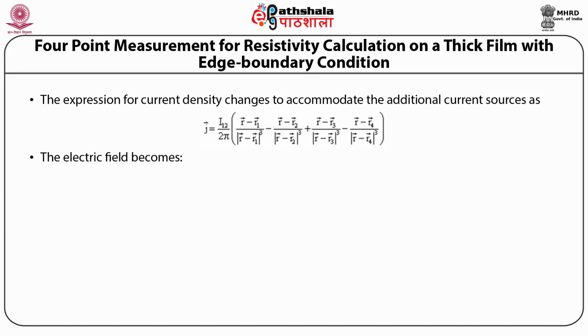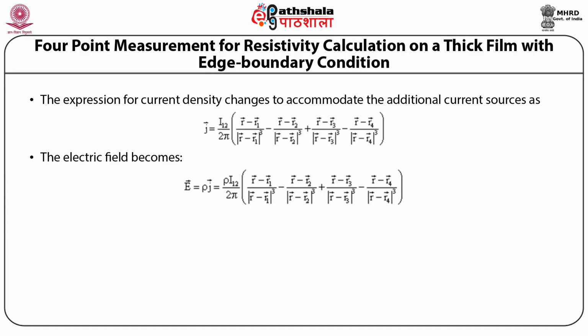The electric field becomes E vector equals ρ J vector equals ρ I12 divided by 2π into